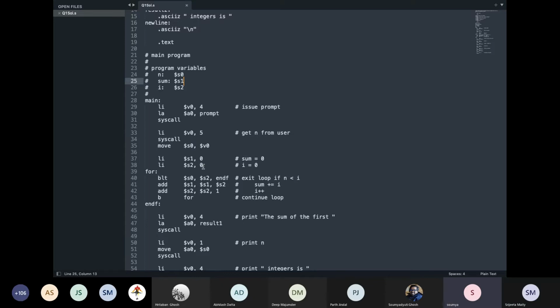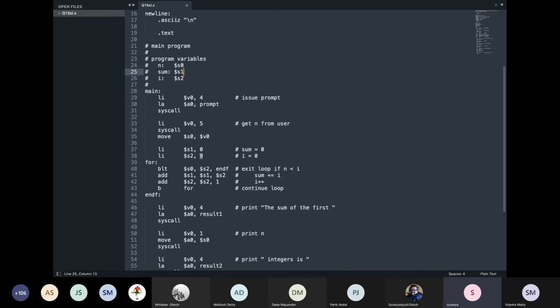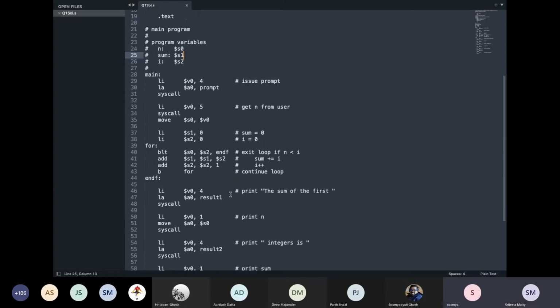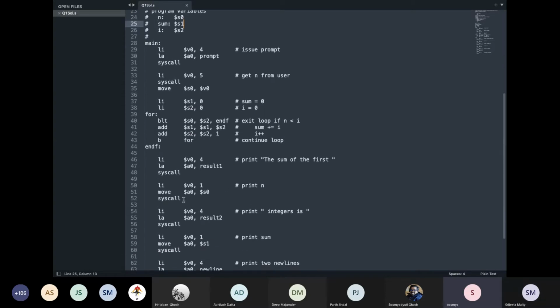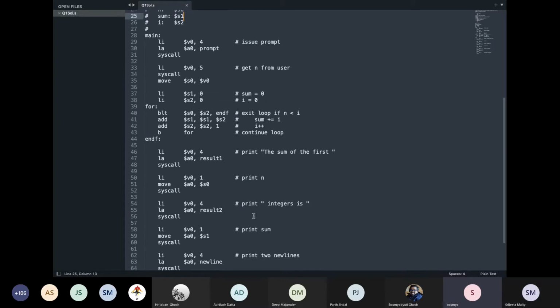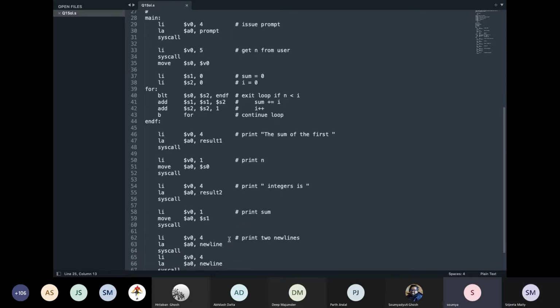And now once this is done, you need to do your regular computation, right? Now the regular computation is pretty standard, as we can all see. Whatever the program requires, you do it. And again at the end you have this system call through which you first print the string, that is, what is the sum of first, and then you print the value, whatever is the integer and all those things. So I think it's quite a simple thing.